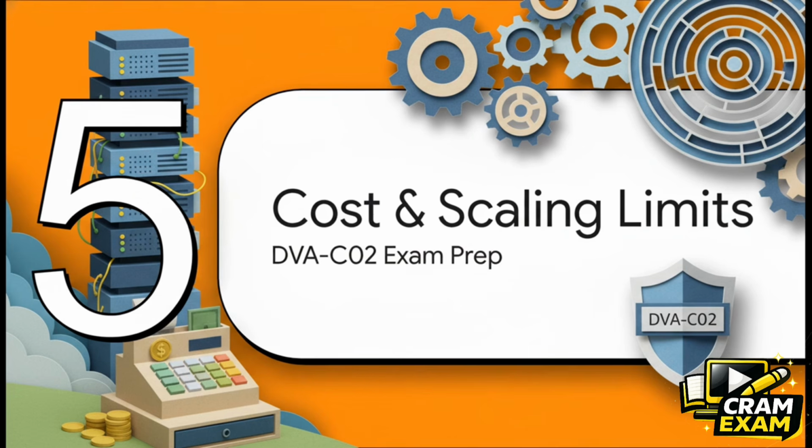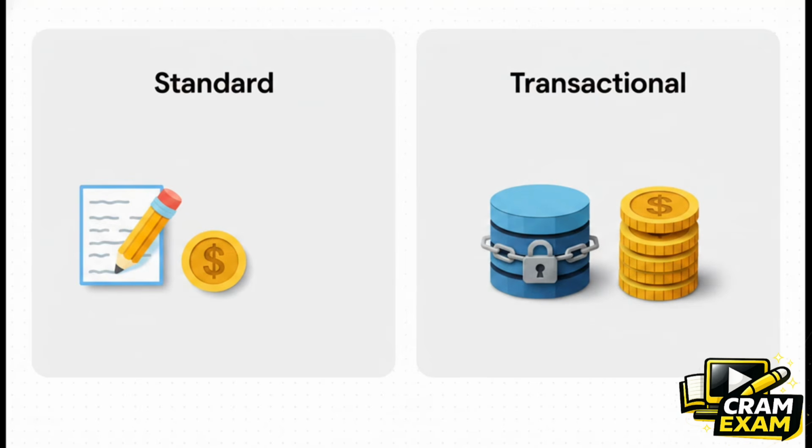Cost and scaling limits. Now let's talk about these cost and scaling traps. This is heavily tested on the DVA-C02 exam. Because of that two-phase prepare and commit process, transactions cost double. Transactional write requests require 2 write capacity units, or WCUs, to perform 1 write per second for items up to 1 kilobyte. Transactional read requests require 2 read capacity units, or RCUs, to perform 1 read per second for items